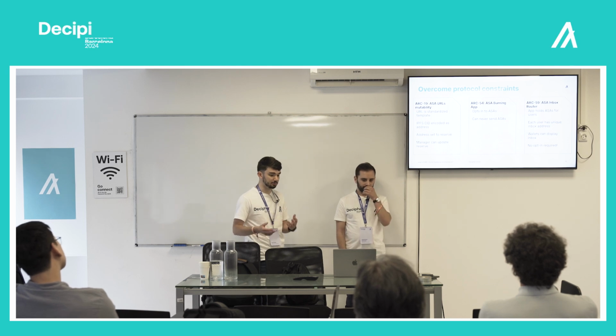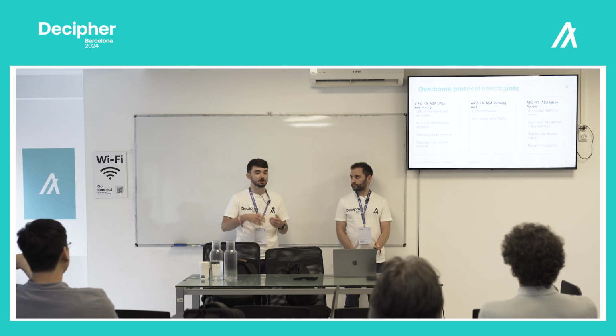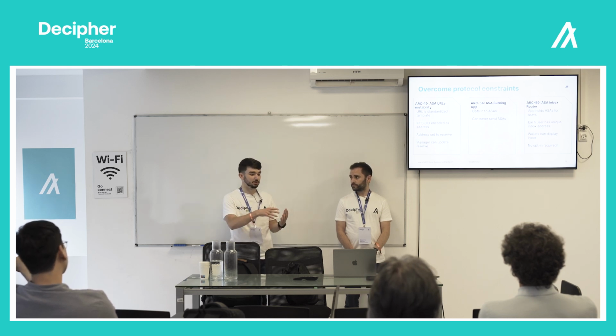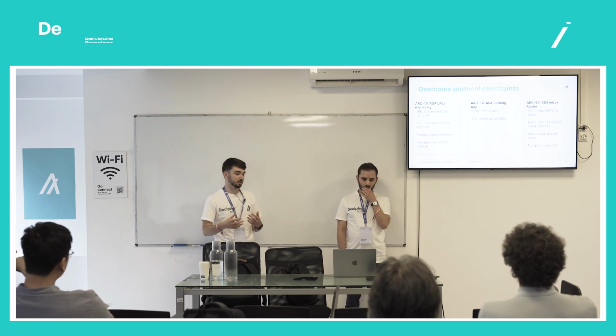And then ARC54, this is a rather simple ARC where it's basically an app that can opt into assets. So you can send it assets, but it cannot send out the assets. This is what we use for burning. You can look at that app address: does it hold that asset? If so, it knows that those assets are burned. Again, this is an example of using an app to do some abstraction where, even though it's not in the core protocol, we now have this burning capability on chain.